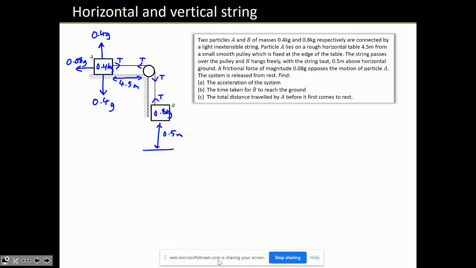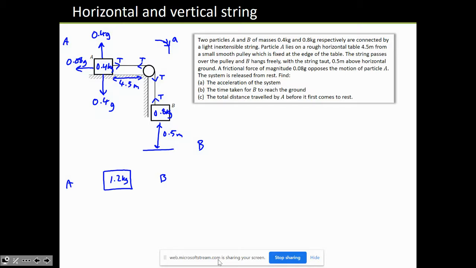So the system is released from rest, and you can see that we're going to accelerate, and I'm going to do another curved arrow here. We're going to accelerate in this direction. So first thing we want to do is find the acceleration of the system. Now, the first thing I would do is consider the system as a whole. So altogether, we have a mass of 1.2 kilograms. And if we think about starting here and finishing here, going from A to B,